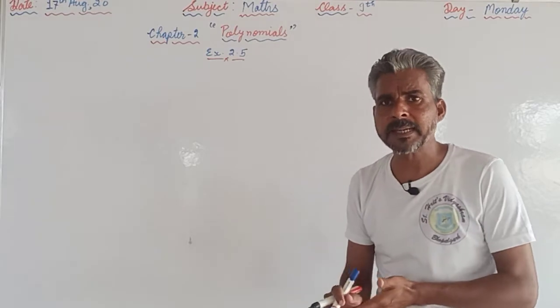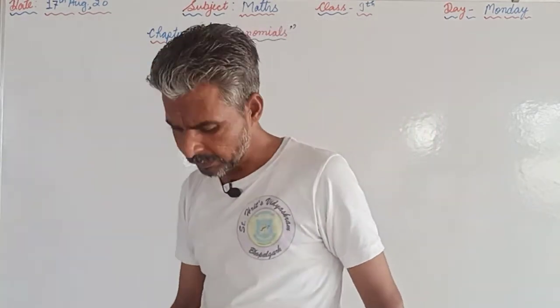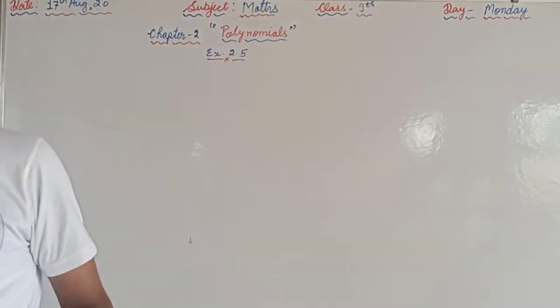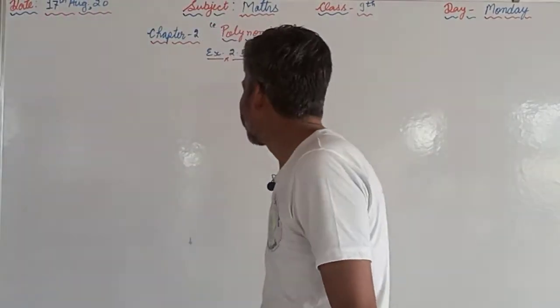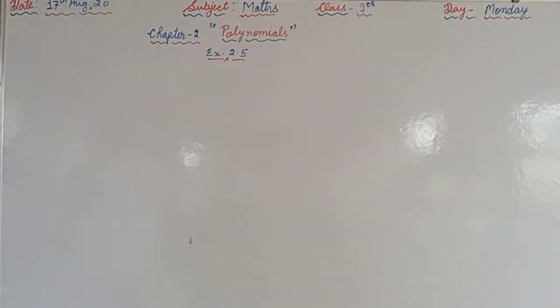This video is for class 9th and the subject is maths, and we are continuing the same chapter, that is chapter number 2, and the name of the chapter is polynomials, and we are continuing the same exercise, that is 2.5. In exercise 2.5 we are supposed to try today question number 7. In question number 7